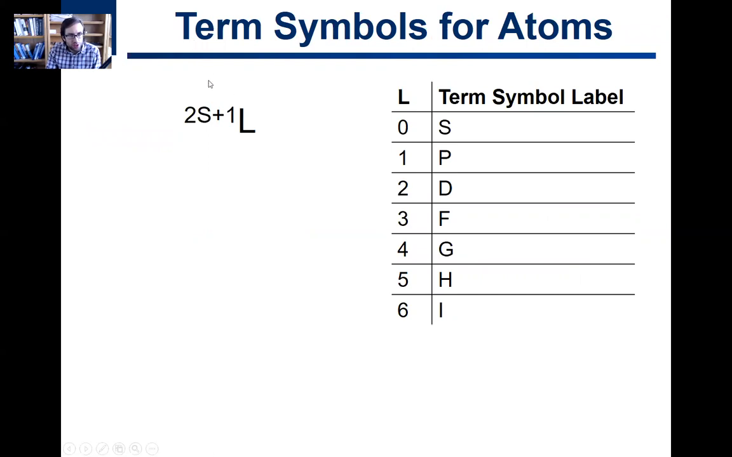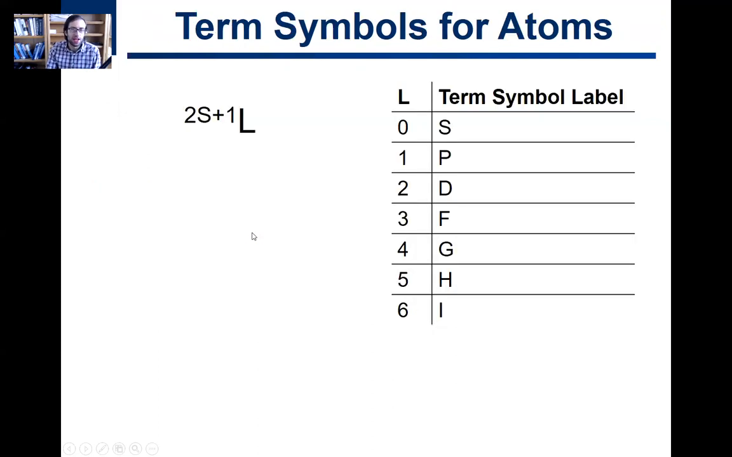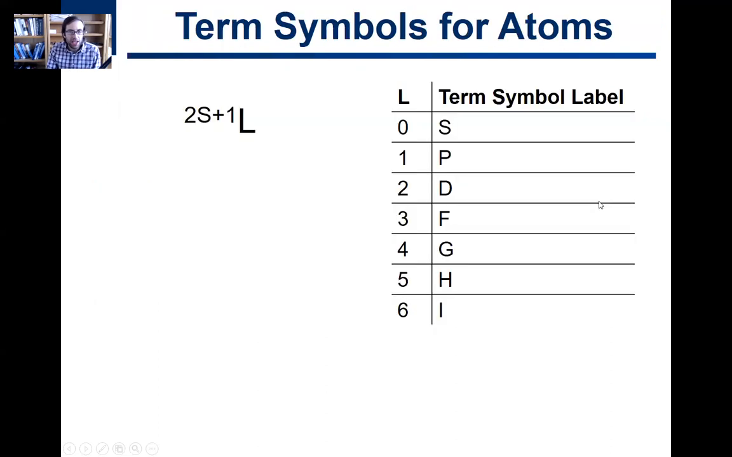So in order to do that, our first thing here is to find energy terms for electron-electron repulsion under spherical symmetry. That is an atom. It's a free atom. So we have to go back to term symbols for atoms, which I think you have learned about in PChem, hopefully. And so there's a different nomenclature. You know, we talked about term symbols for molecules. Okay, so we're going to have to talk about this. Let's do that in the next